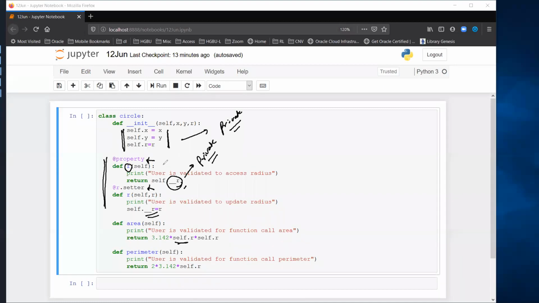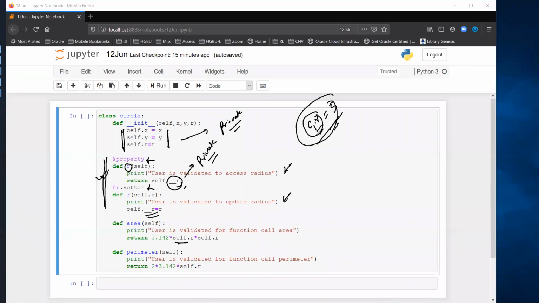If you have created an object c1, you will not be able to access c1.r without going into this function. So the moment you access c1.r, automatically it will go into this function. And similarly, if you assign some value, like c1.r equals 5, automatically it will go into this function. That is what you need to remember.